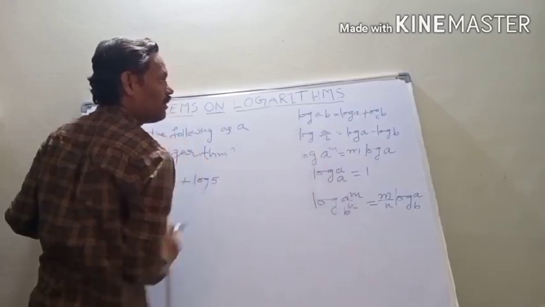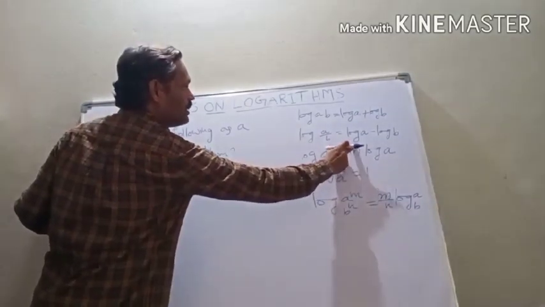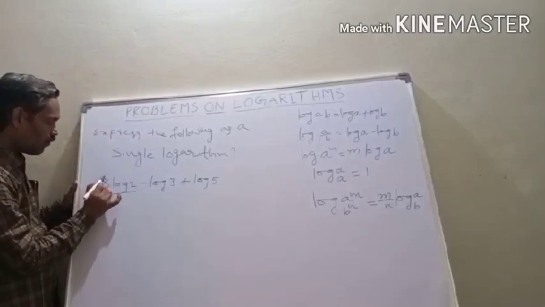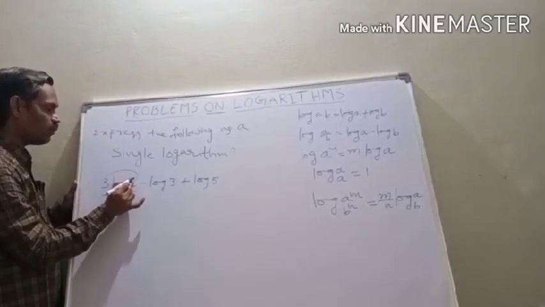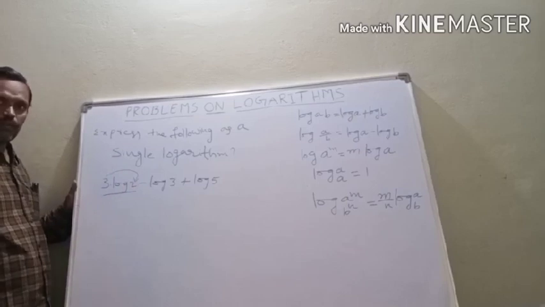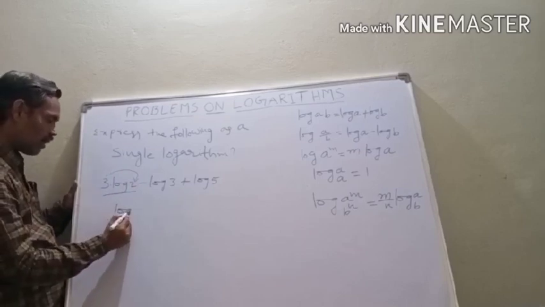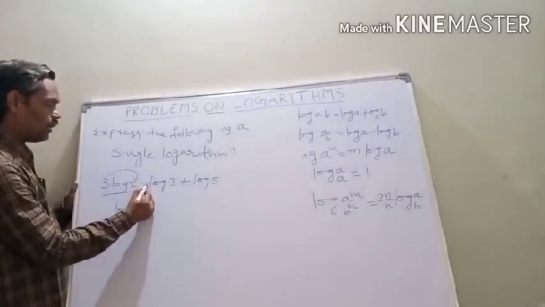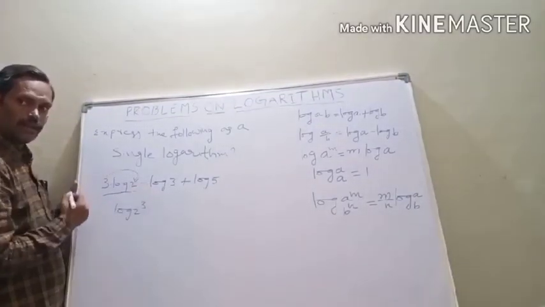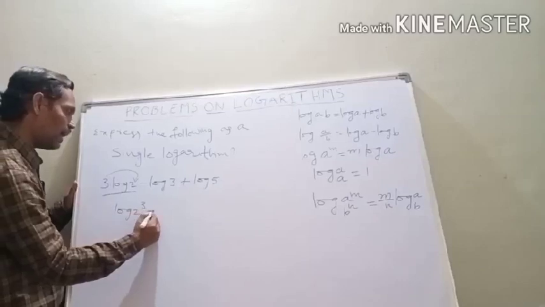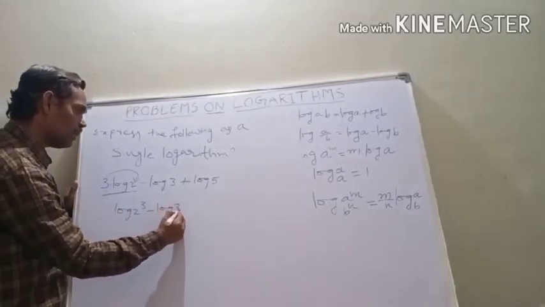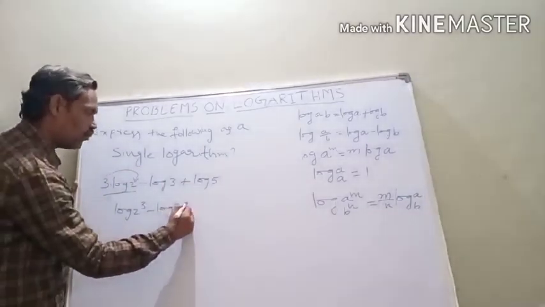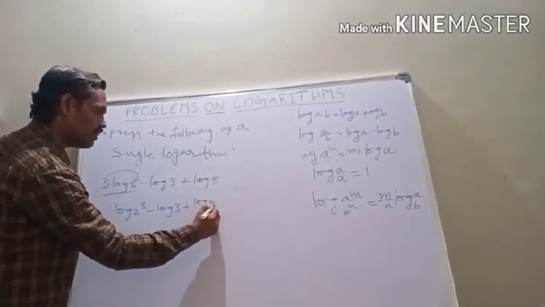By going through the formula where we have a coefficient of log, it comes from log a to the power of m. That means the coefficient is the exponent value of a. So therefore this 3 also becomes the exponent of 2. It becomes log 2 cube. Now you cannot find any coefficient in the others. You write as it is, that is log 3. Here also you cannot find any coefficient. Therefore, you can write as it is, log 5.